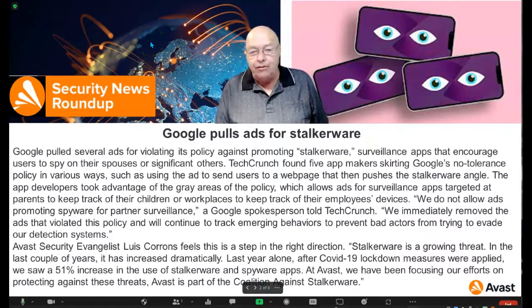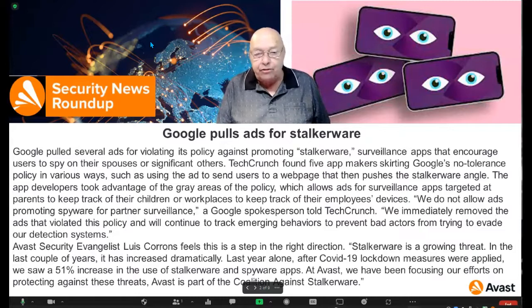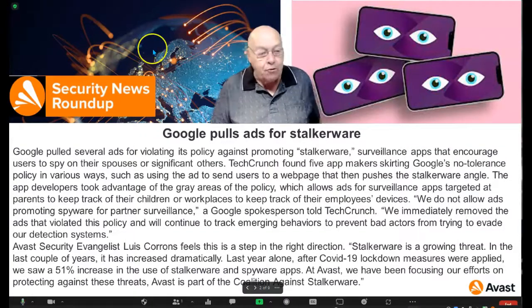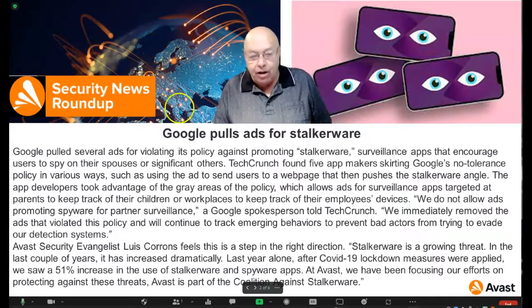Google pulls ads for stalkerware. Google pulled several ads for violating its policy against promoting stalkerware surveillance apps that encourage users to spy on their spouses or significant others. TechCrunch found 5 app makers skirting Google's non-tolerance policy in various ways. And you just continue now recording it, read it, record it, and when I get all finished with all of these,